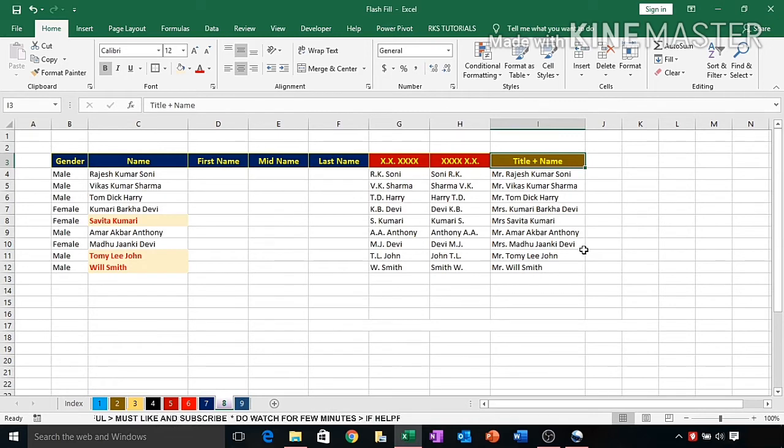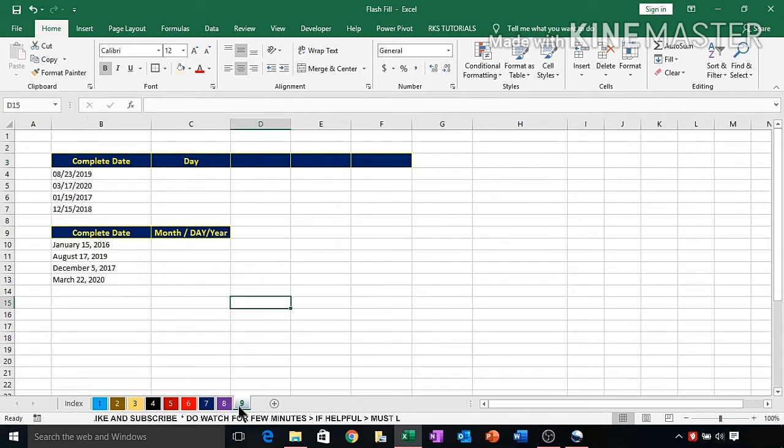Let's move to the last and critical sample data for you. Suppose we have some dates and we want to extract the day from it. So we simply write 23 and select all the cells and press Ctrl E. But now if you want to extract the month from here, then if you write 08, it automatically removes the 0. So there are two options, as we have already told you. Either you start it with the quote sign. If you put the quote sign, then you cannot work further on the date because it converts the date into text.